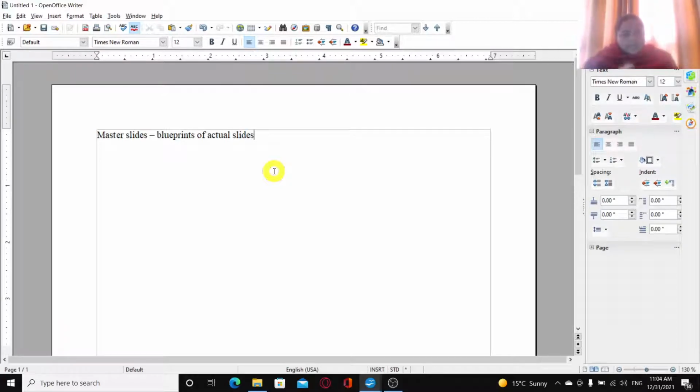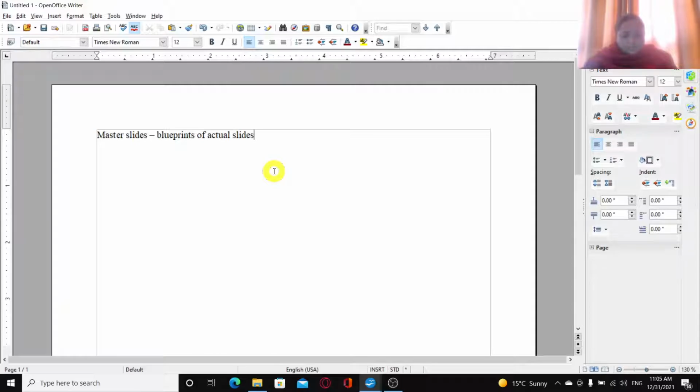So the kind of slides which you create in your presentation, they always have a blueprint. That is a kind of a plan, like where you will place the text, where you will place the images, clip art and all those things, or any video clips. So it's like a blueprint, like what color combinations you are going to use, what font you will use, what bullet styles you will use. So these are the different things which are mentioned on the master slide, and only depending upon that master slide the actual slides are created in a presentation.